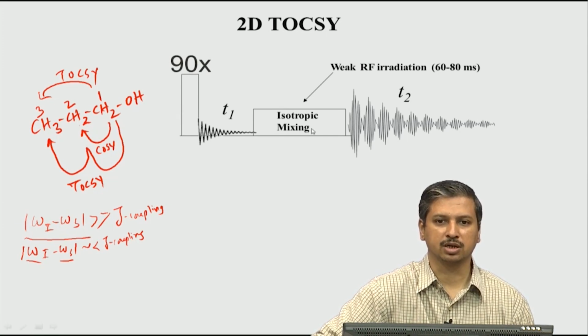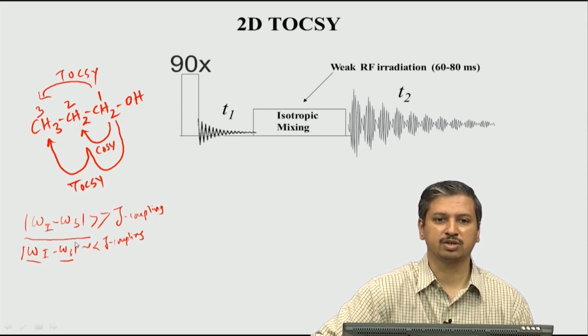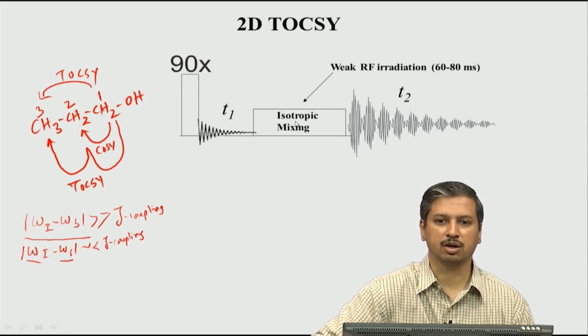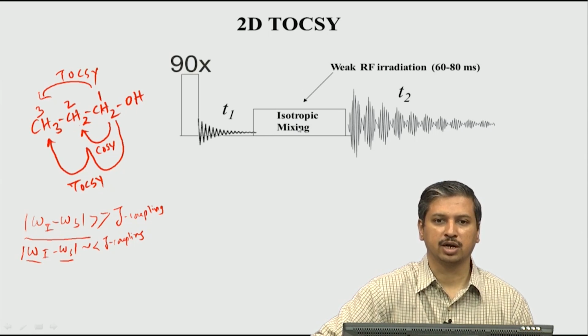In TOCSY, normally the spins are always weakly coupled, but by doing some technical thing like applying weak RF radiation, we create a situation where the chemical shift difference between the spins is lost, and because of that they enter into the strong coupling scenario. As I said, we will not be able to go into detail. For more details, there are excellent standard textbooks which we have recommended; you can look at those. The idea is that you apply an RF radiation, and we use the word spin lock. You will come across this word spin lock